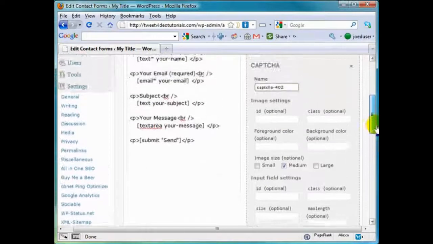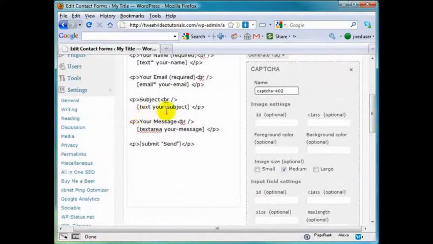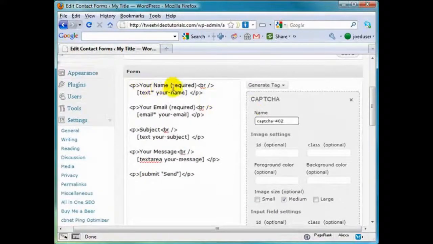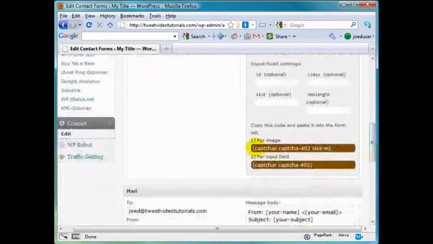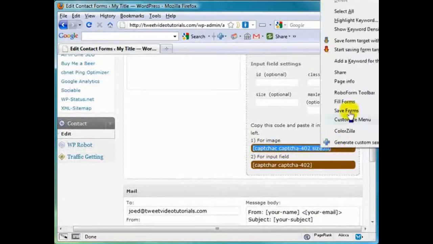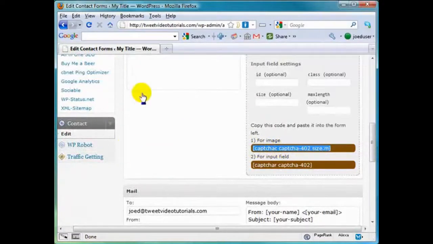But pretty much what we're looking to do is right here on the left hand side. At the top, you're going to have your name, your email, the subject, and again this is your customer, the visitor, and then their message is going to go here. And just before the submit button, right in this area here, is where you're going to put this CAPTCHA image stuff. So basically all we need to do is highlight that, copy,